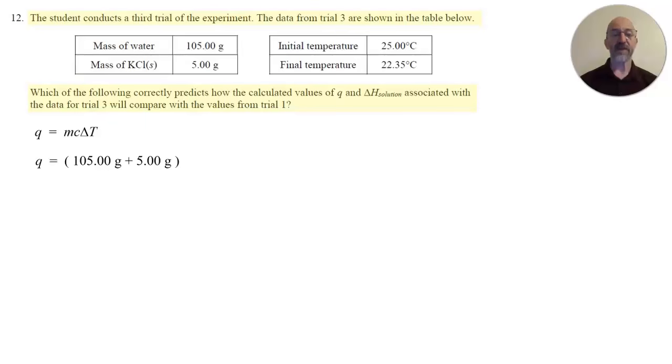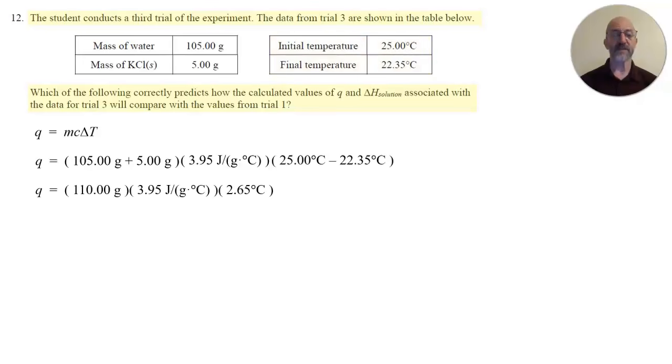We assume that the specific heat capacity of the solution is the same as what was mentioned in question 10, so 3.95 joules per gram degree Celsius. And as far as our delta T is concerned, it would be the difference between the initial and the final temperature, so that's 25.00 degrees Celsius minus 22.35 degrees Celsius. That's a difference of